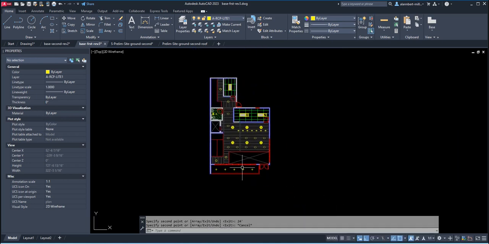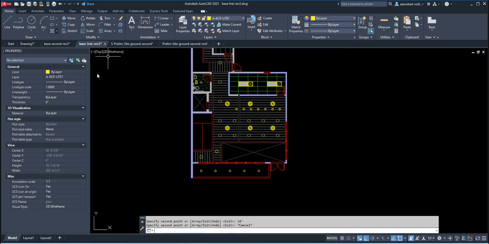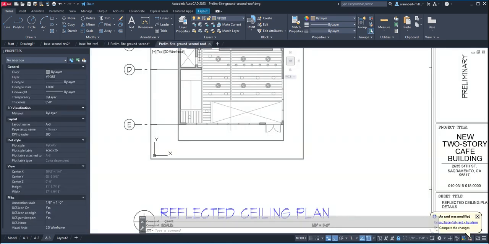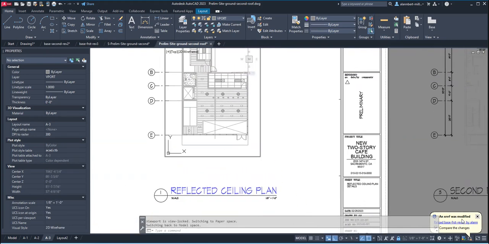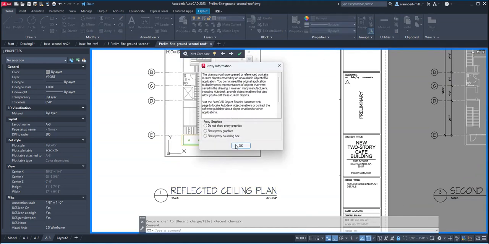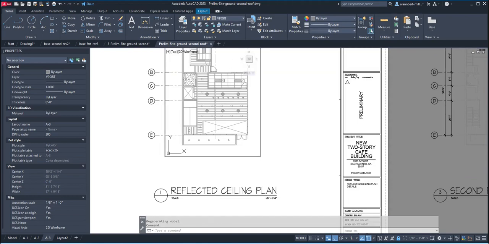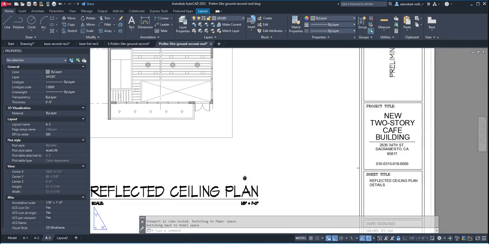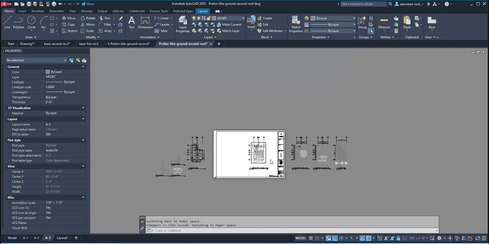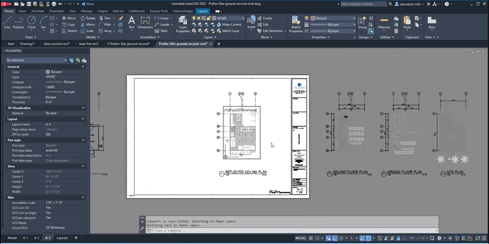Okay. And then save that so it updates, and then go back to my premium stock ground floor. Then reload here, and then answer yes, okay, and check. And there you go. Okay. Now let's look at the preview of this layout 8.3. So we're going to do a preview,